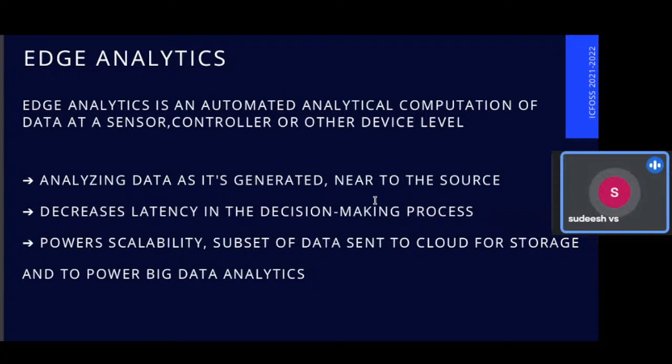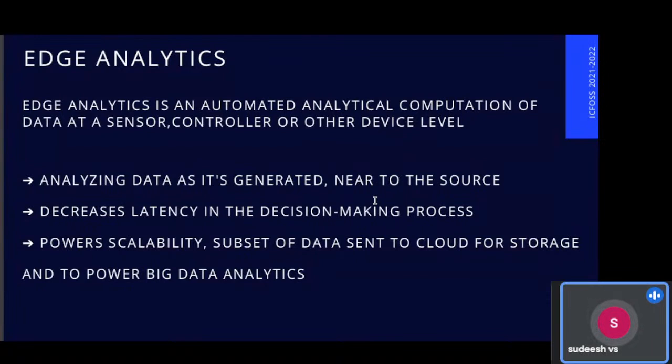So we analyze the data generated nearby the source. Thus, the latency decreases. We already said that cloud computing has a latency for the decision-making process, so it will be decreased. Also, power scalability, because if you are using cloud computing, we need to power the edge device as well as the cloud computing devices, so we need more power. Even if the edge device is capable of computing some processes, that power is lost. So power scalability is one thing. For the subset of data, we can use the maximum power utilization in your